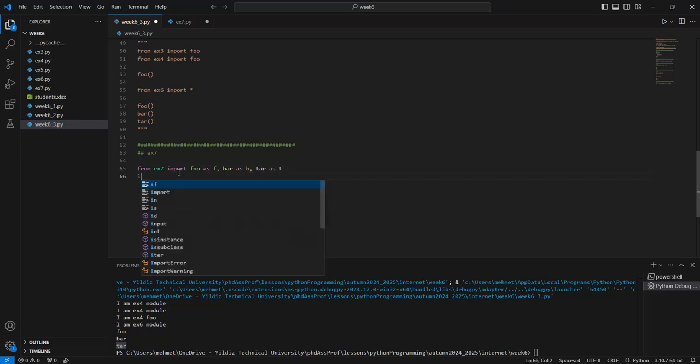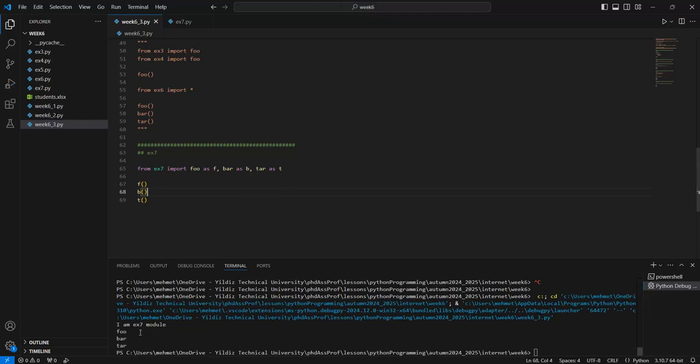Okay, and also we can call the f, b, and t, which means that this f is the renamed function of foo, and so this foo is assigned the new name as f. Bar is assigned to b, and tar as is assigned to t. And so if you run this code, then foo, bar, and tar are called or are seen on the terminal page. Okay,